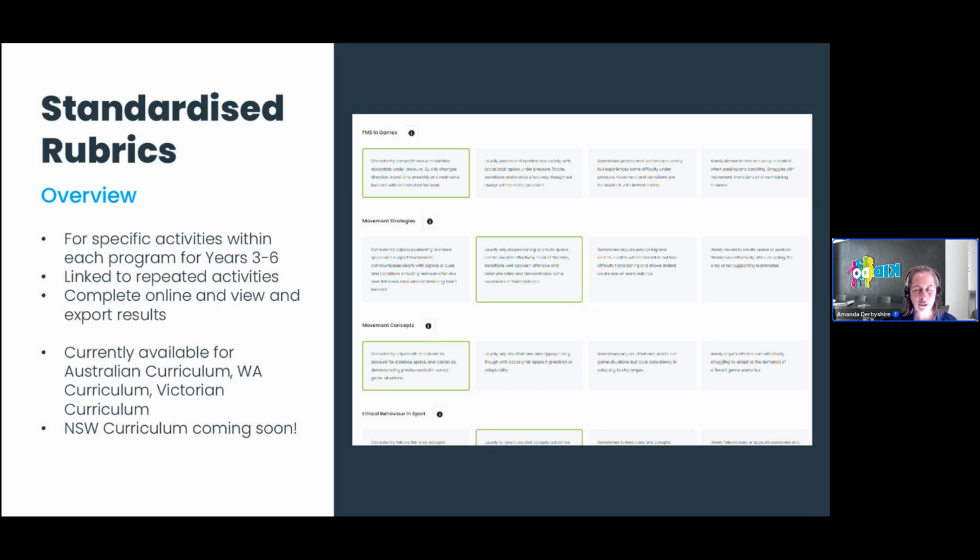And the rubrics should form a really important part of your curriculum because the CAMSA really only assesses movement skill. And there's a lot more in the curriculum and in PE that's important than just movement skill. As the students get older, that teamwork, that following the rules, the ethical behaviour, all those other strands of the curriculum are very important. And the rubric is a way to assess those other strands, such as movement concepts, ethical behaviour in sport. And it's really up to you, I guess, the weighting that you might give movement skill as opposed to these other more holistic concepts around being physically active, and certainly being physically literate isn't just around movement skills. There's all these other elements to it.